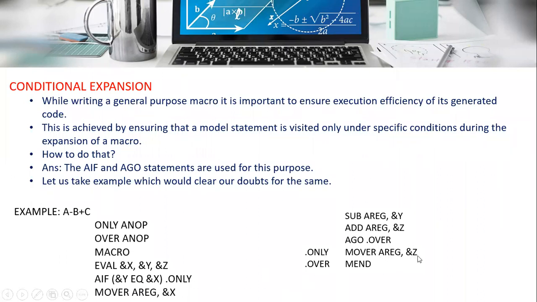डायरेक्ट कंट्रोल कुठे ट्रान्सफर होईल तुमचा ह्या लोकेशनला ट्रान्सफर होईल. ओके. Now next thing is nothing but the SUB a register and y, ADD a register and z, AGO dot